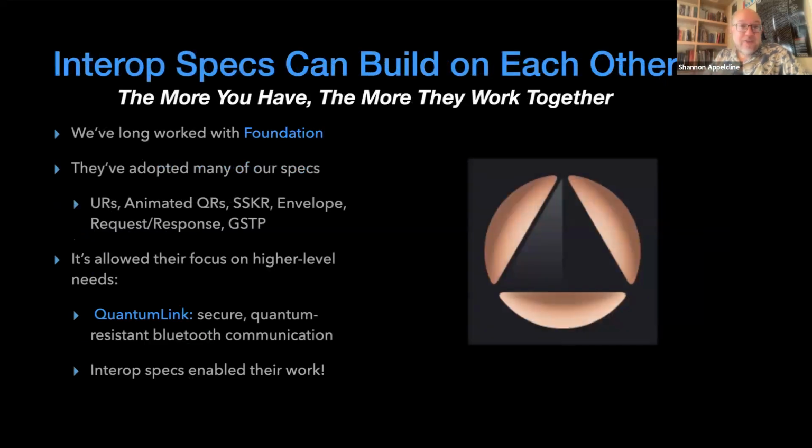So Ken is here from Foundation, and we've worked with them for a long time. They've adopted a lot of our specs. I think this listing is accurate: URs, animated QRs, SSKR, Envelope request/response, GSTP. And one of the reasons that we love working with Foundation is because they've adopted so many of our